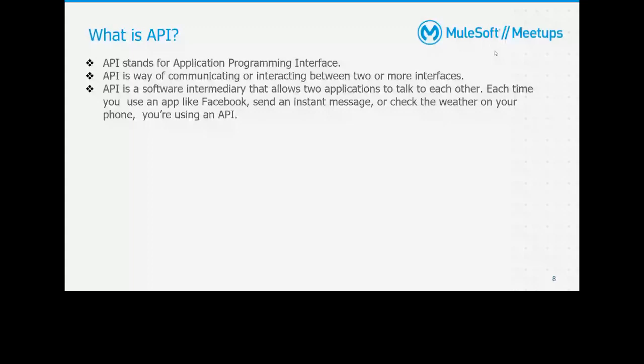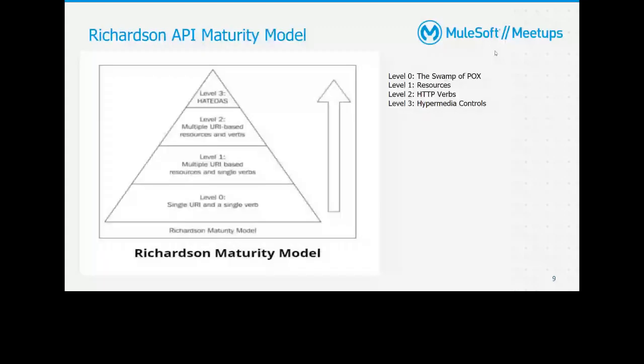Okay. So, has anybody heard about the Richardson API maturity model? What is this Richardson API maturity model? In the Richardson API maturity model, there are 3 levels, starting from level 0, then level 1, level 2, and level 3. Most organizations are at level 2. I feel like 90% of organizations, maybe more than that,